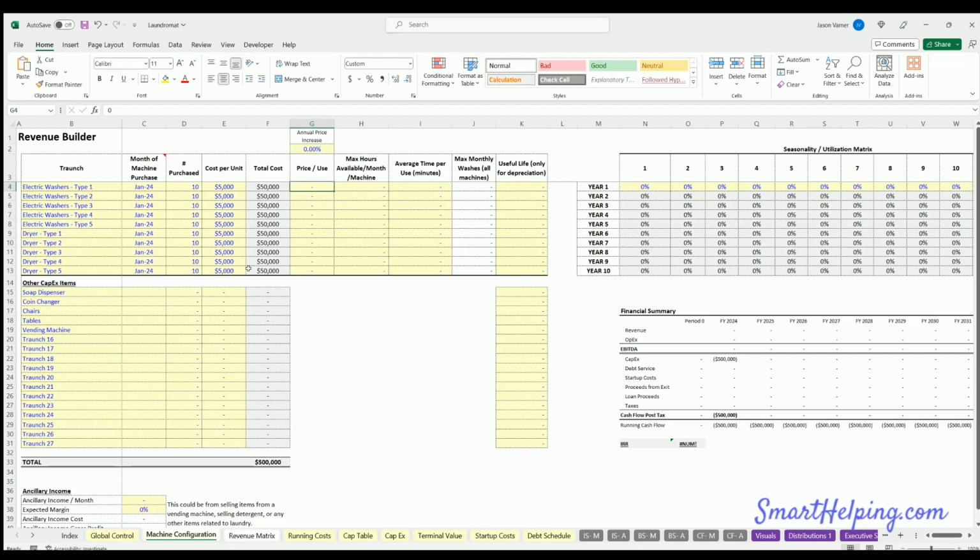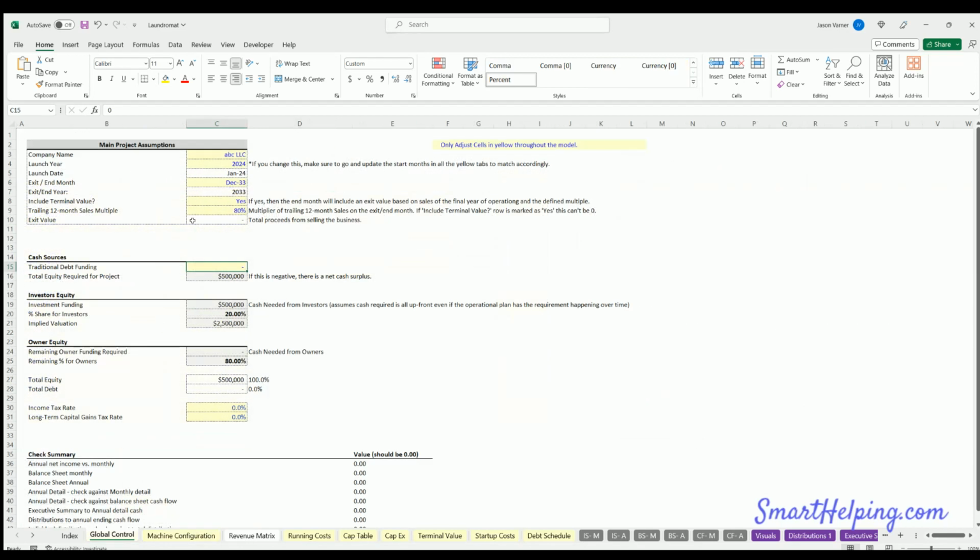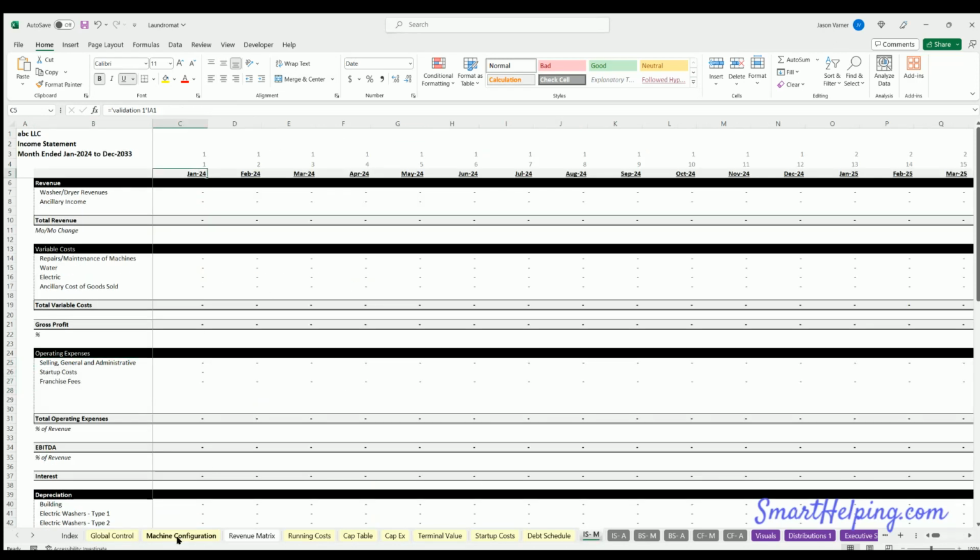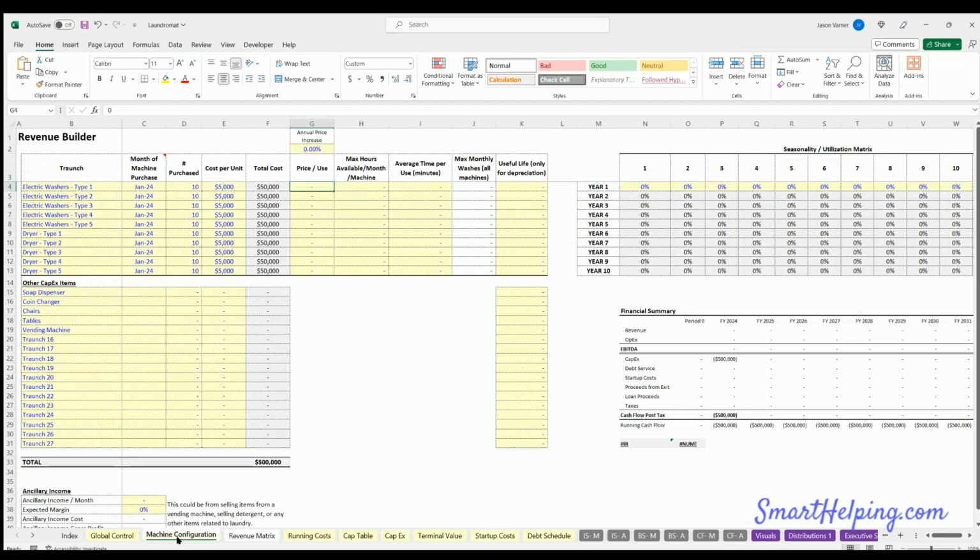And here's where in this model the timing comes into play. You notice how we have the launch year here and the launch date. This date you never will change. You're only adjusting cells in yellow across any model that I've built. And that is going to drive the start month, but the actual month that revenue starts is going to be dependent on two factors in this case: the month of purchase and potentially the